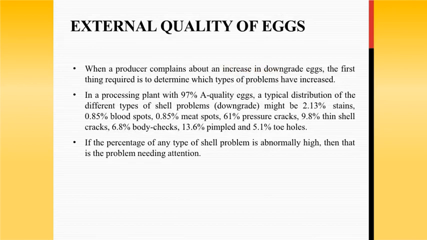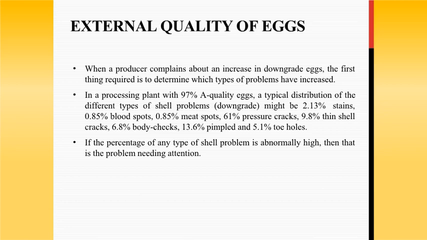External quality of eggs. When a producer complains about an increase in downgrade eggs, the first thing required is to determine which types of problems have increased. In a processing plant with 97% quality eggs, a typical distribution of the different types of shell problems, downgrade, might be